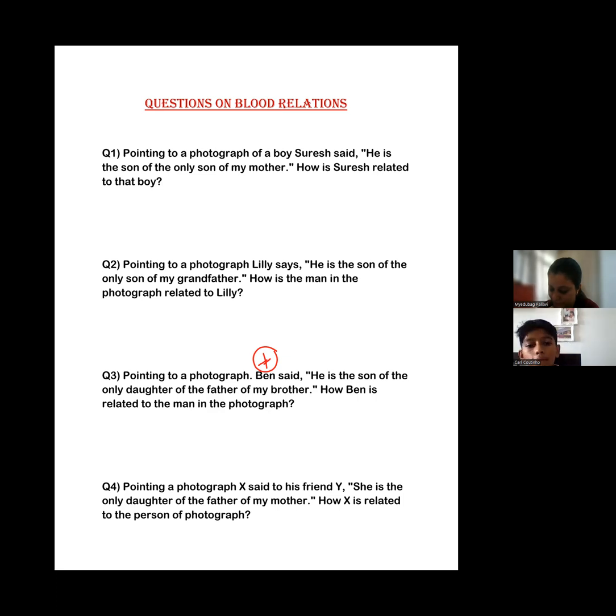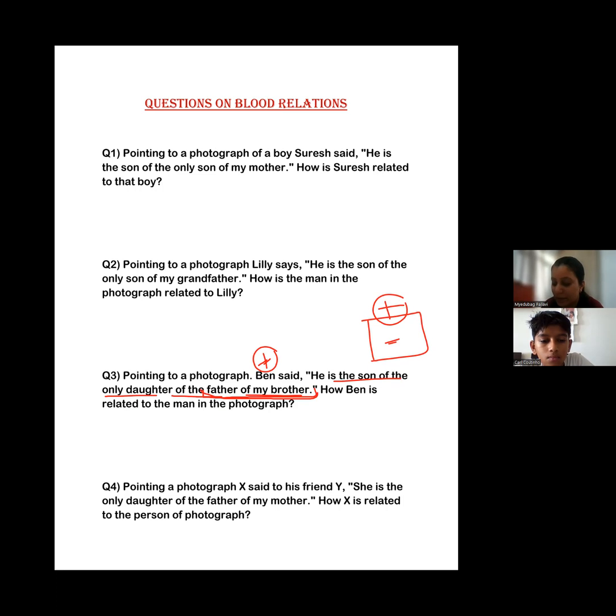Not getting it? Okay, let us see. Ben said that person in the photograph, that is also a boy, is the son of the only daughter of father of my brother. Father of my brother, just visualize it. Like who is the father of